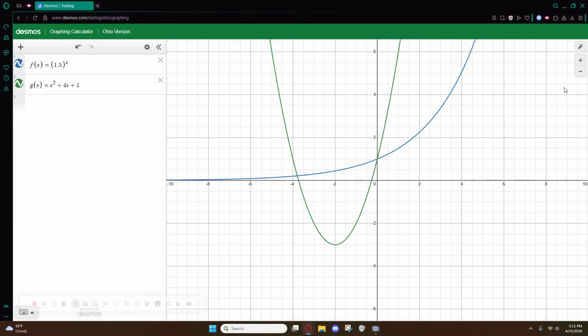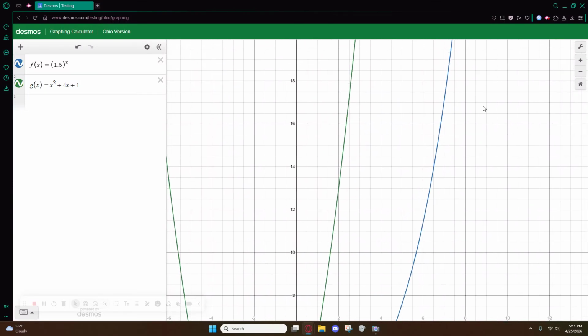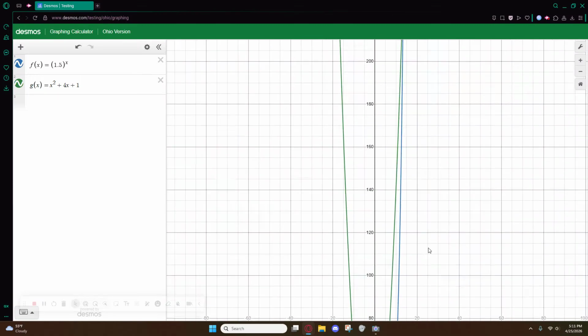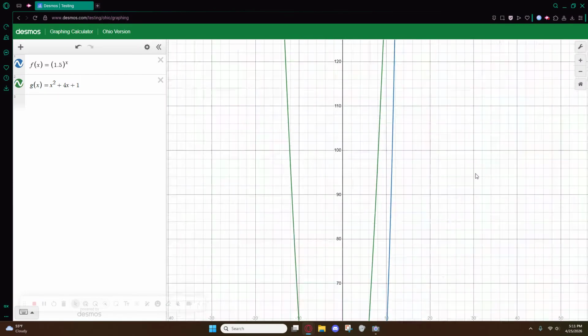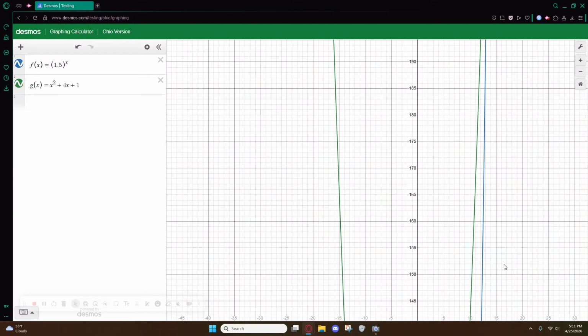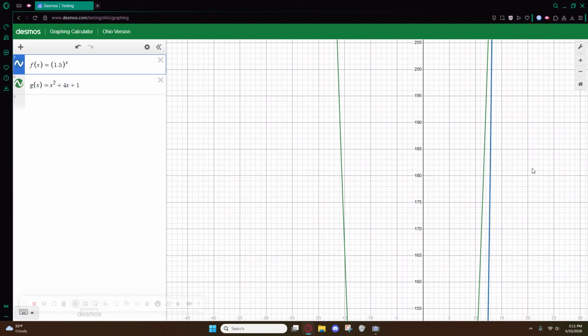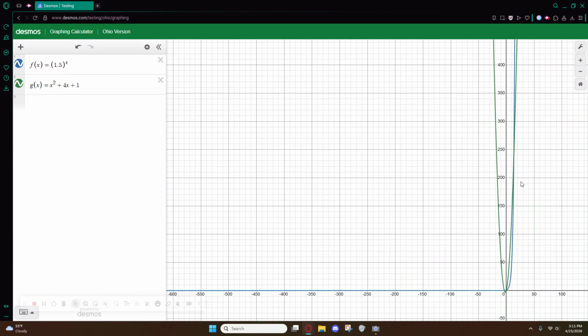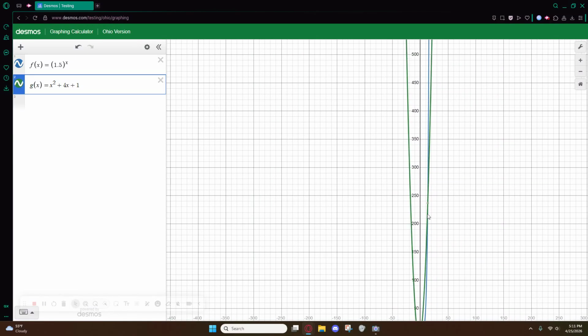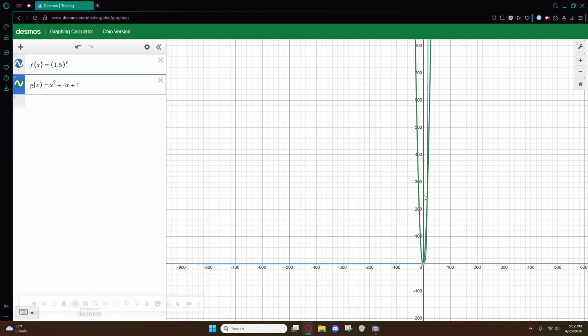Okay? So what I don't want you to do is just immediately zoom out a bit, only go out to 10, and see that, oh, yep, g of x is still in the lead. All right, that's enough. Zoom out more. Because if they're telling you that as x approaches infinity, we're talking about big, big, big, big numbers. Okay? So zoom out more,